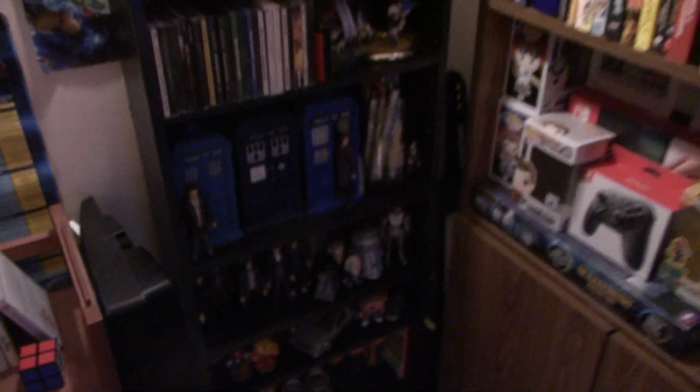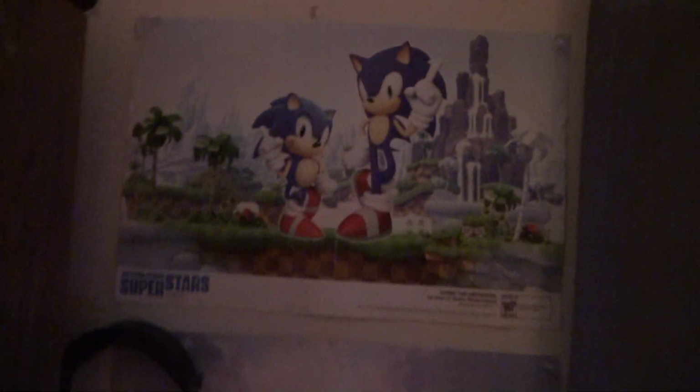My keytar doesn't work though, and I haven't used it in a long time. This shelf is pretty much the same too, only I moved it from over there to over here. On the top, what you can see, there's the Luigi's Mansion 2 poster behind there, Lego Dimensions, Ed's World, and since I moved the desk, I was able to uncover all this wall space. So over here, I got a Sonic Generations poster, Legend of Zelda: Ocarina of Time 3D, and here, this is